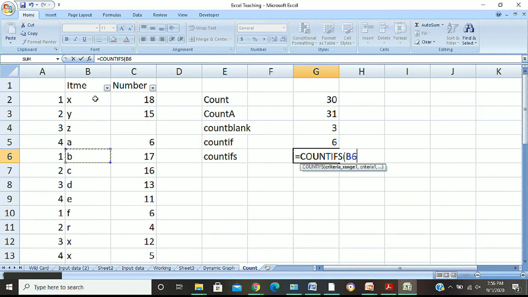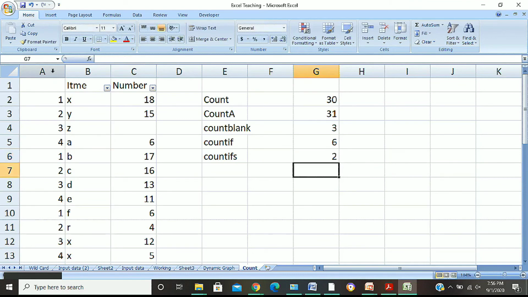Now I want to count in this column wherever x is there, and in this column wherever 1 is there. Now see, when I count only x, it gives me 6, whereas when I give two conditions, x from column B and 1 from column A, it gives me only 2.